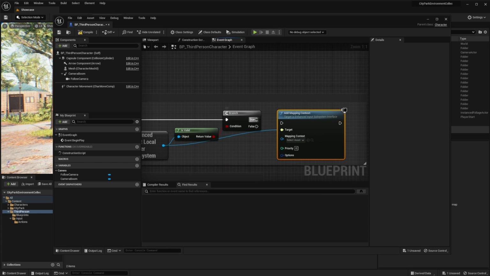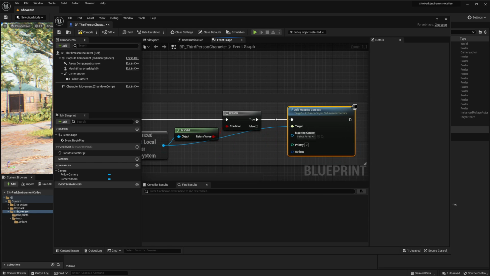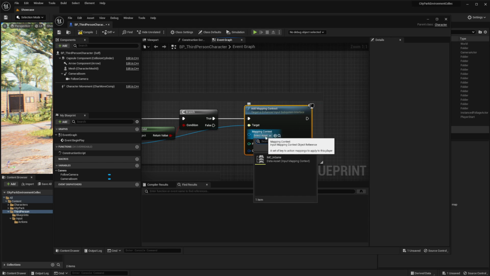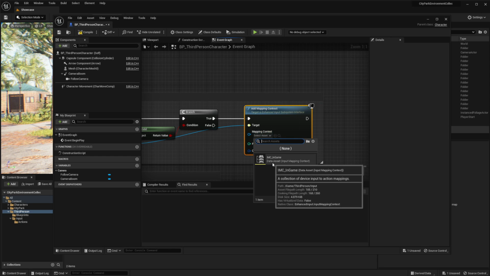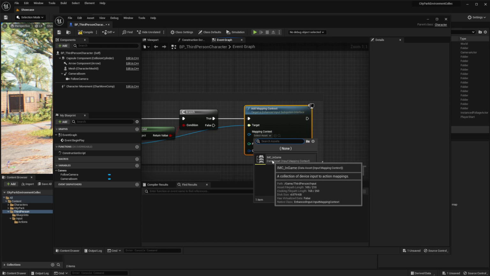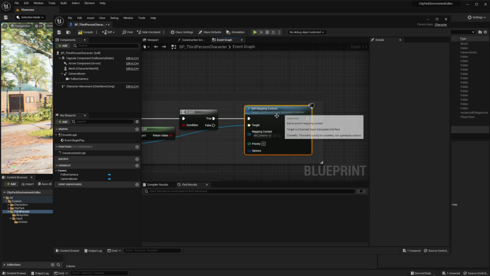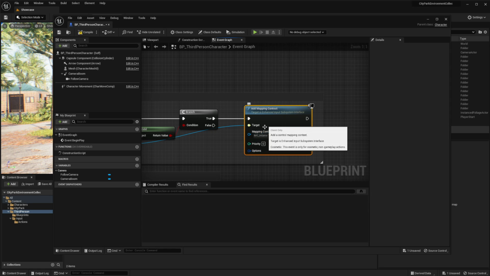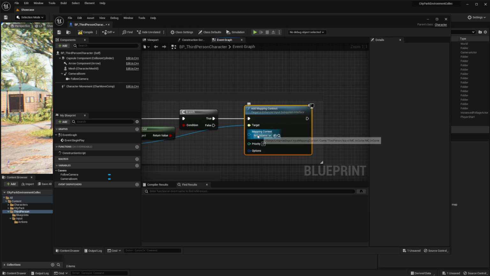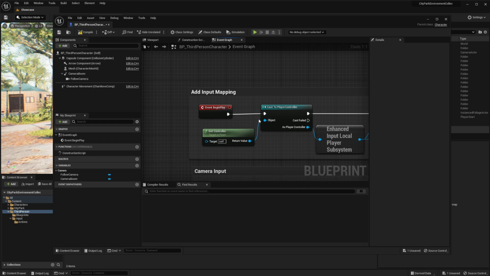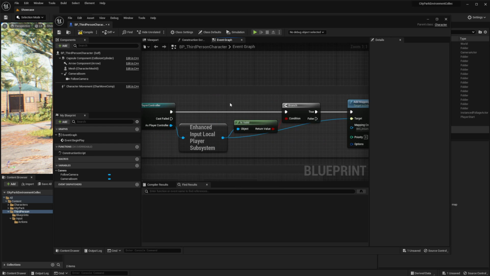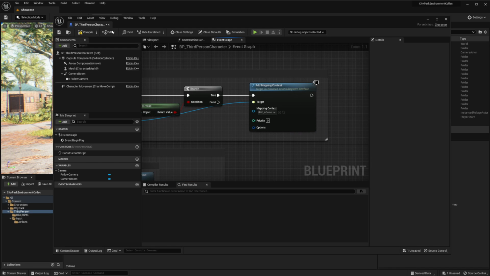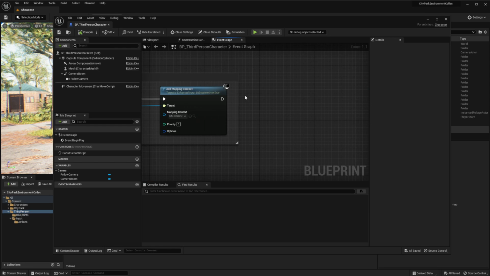Connect it to the true statement of our branch here, and inside here in the mapping context dropdown you should select the input mapping context that we created earlier, so input mapping context in game, and this will make sure that our mapping context is used when we begin play with our third person character. So let's compile and save here, and let me show you